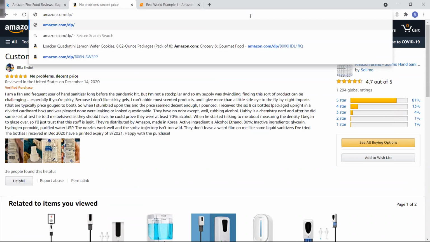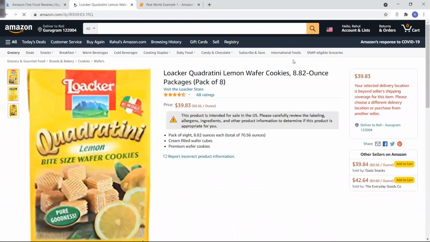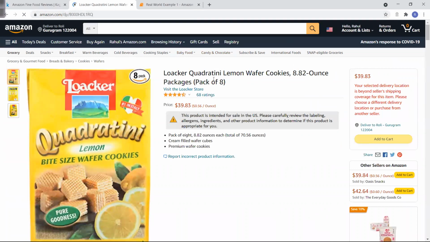I will give the product ID and enter. And you can see that this product ID is nothing but Quadratini lemon wafer cookies, 8.2 ounces, which is sold by Locker store, right? The product owned by Locker store.